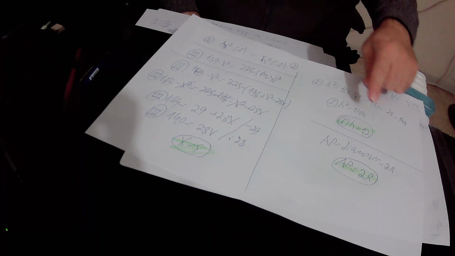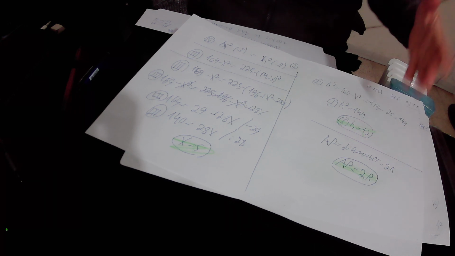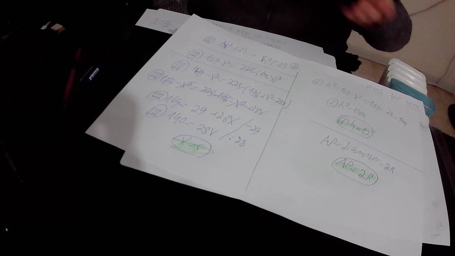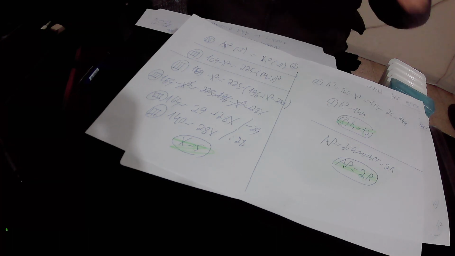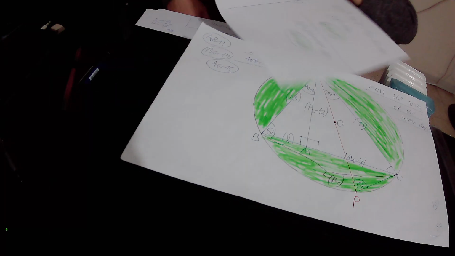Then again, AP is the diameter of the circle that equals 2 times the radius. That is to say, 2 times capital R, because capital R, according to our definition, is the radius of the circle. So AP, that is the diameter of the circle, equals 2 times capital R. Okay, then